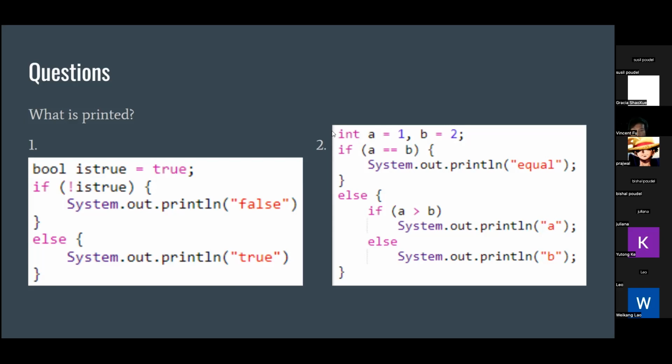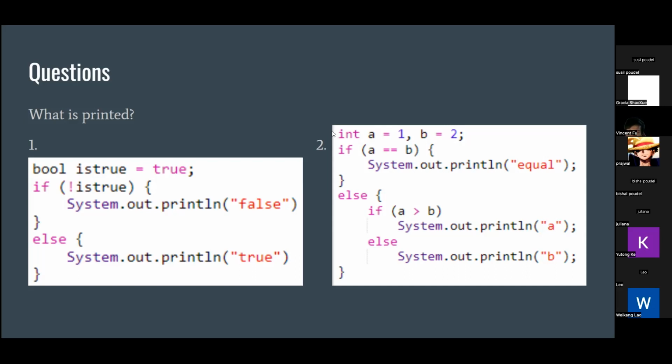How about this? If you guys can raise your hands on Zoom, I guess. Who thinks the answer is false? Who thinks the word false will be printed out? Nobody?